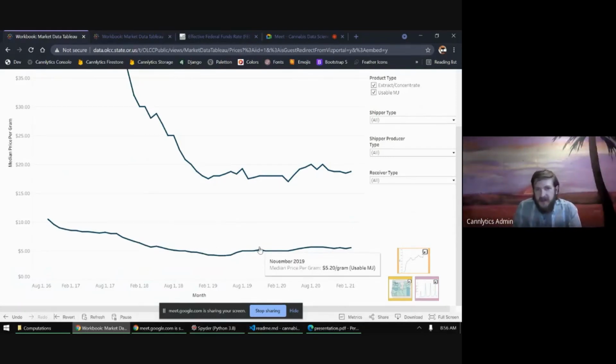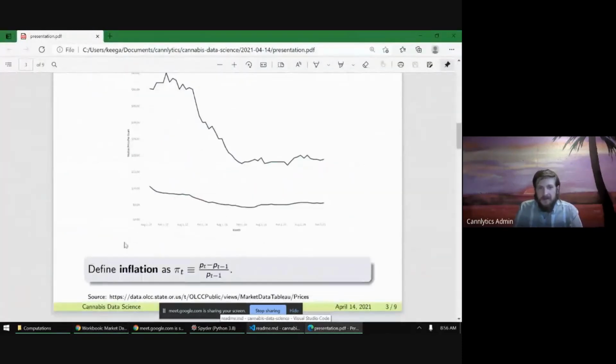So one thing that I was going to introduce to you and then start calculating, over this meetup and the next meetup, was essentially inflation. That's an interesting economic variable, and I don't think people have really looked at it that much in the cannabis industry. I'm sure people have to a certain extent, however, I don't hear too much talk about it. So it's worth at least calculating it once just to see what's going on.